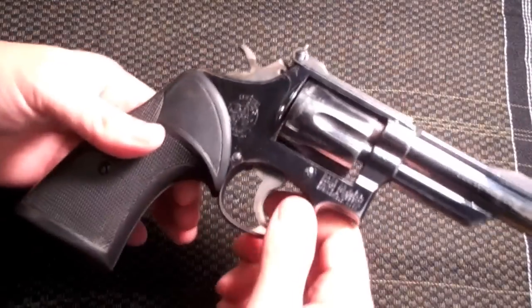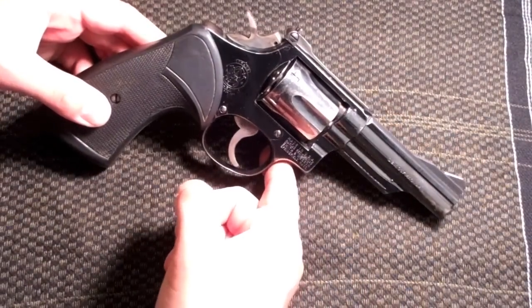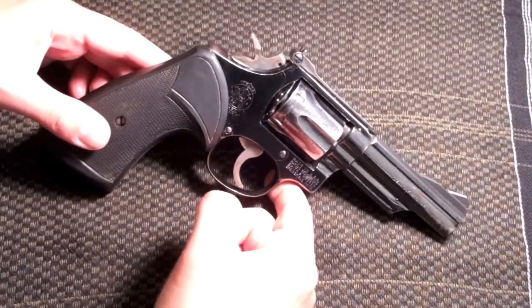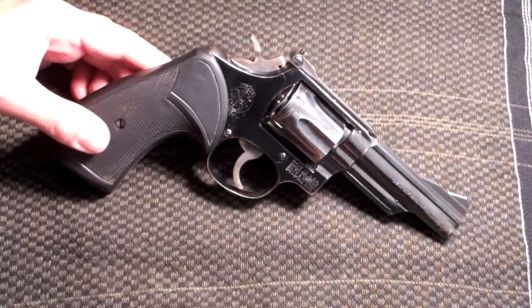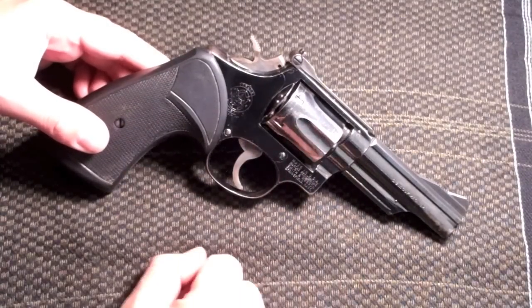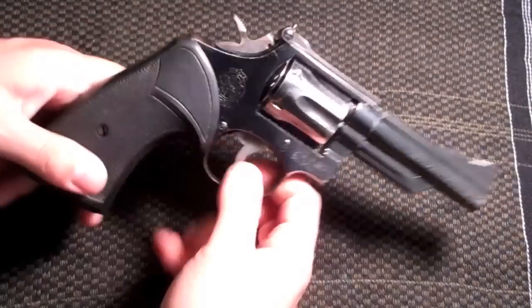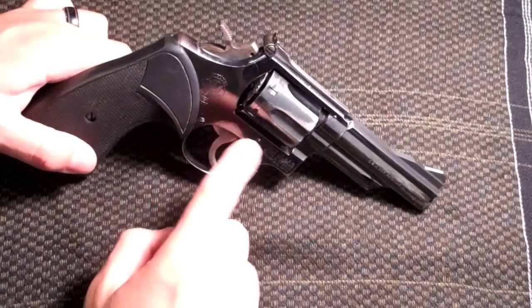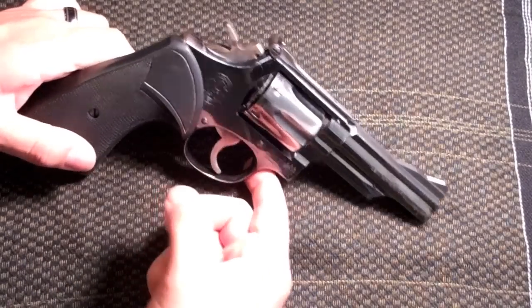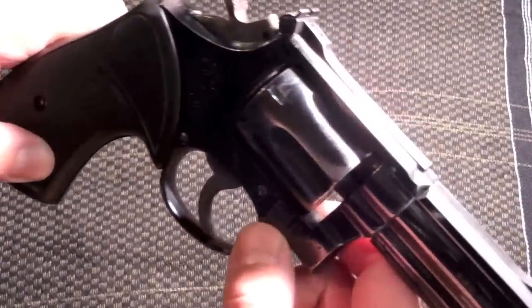So if we pull this out, we see here, and when I got this, I didn't know much. I'm not really a revolver guy, so I don't know much about revolvers. Took the grips off, found out that it's a Smith & Wesson K-frame revolver, which is a pretty big frame here. And let's just make sure it's empty. And it's got a really nice mirrored blued finish. It looks really good. It's got a ton of wear on the cylinder,